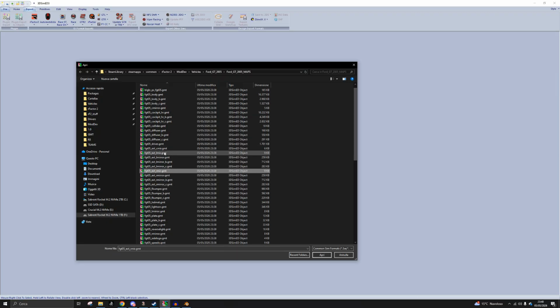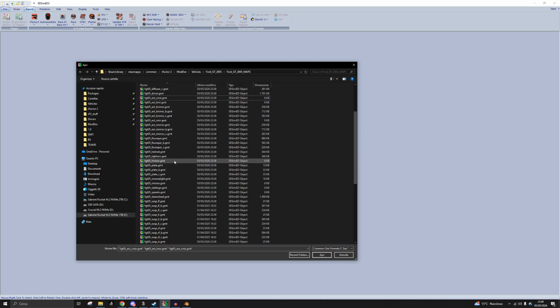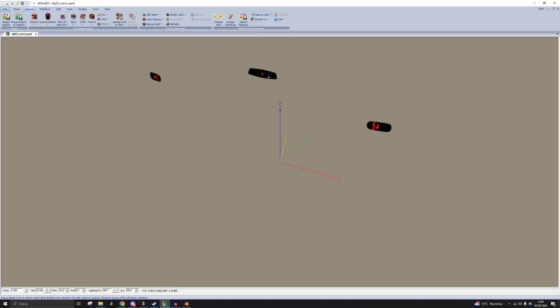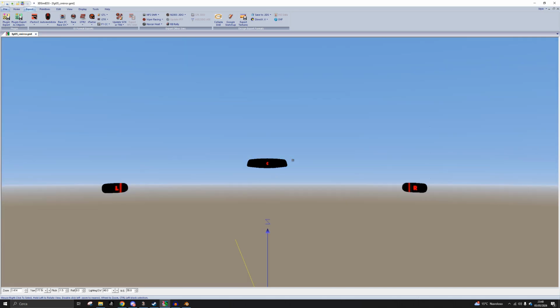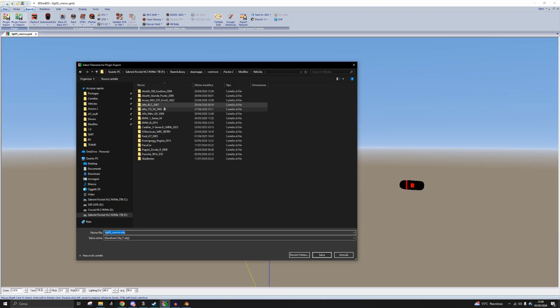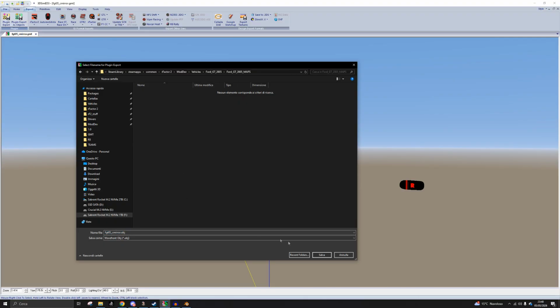I'll just select everything about the internal mirrors, which is clearly not this. I'm sorry. This one. This one. And this one. Sorry if I had a hard time finding them. And let's just click plug and export as object, and I'll select the folder right here, and it needs to